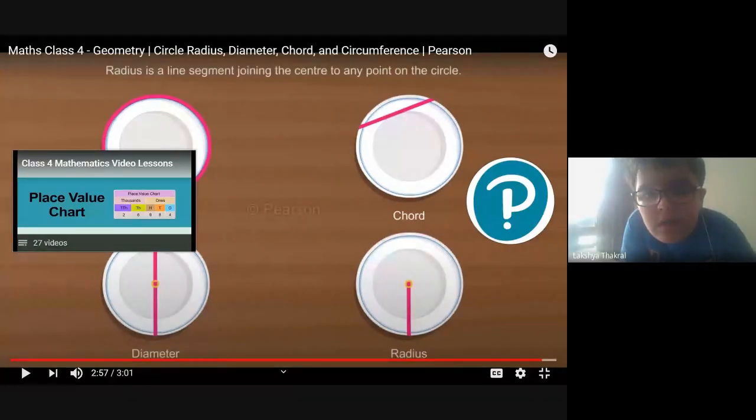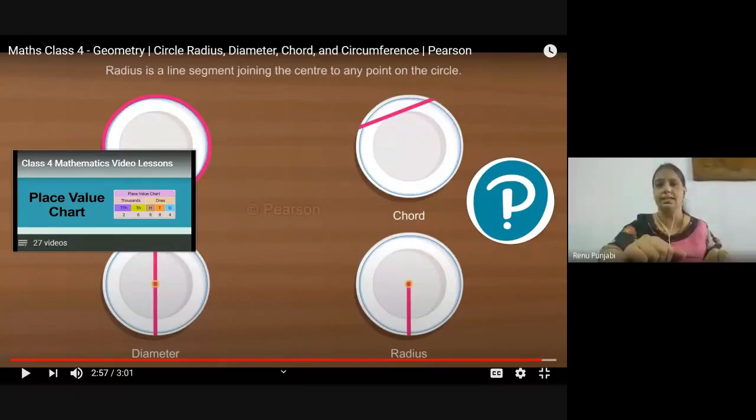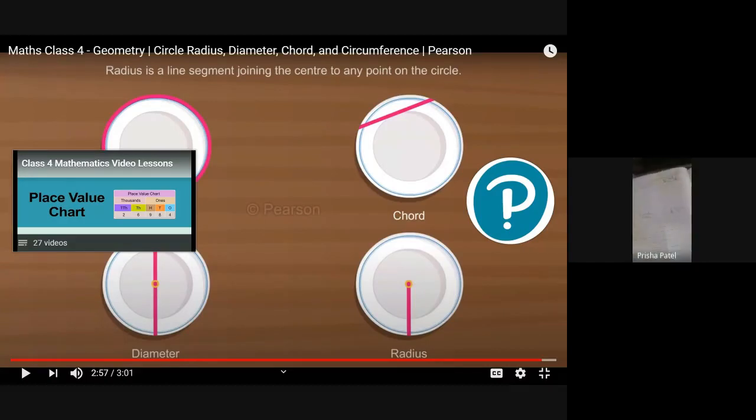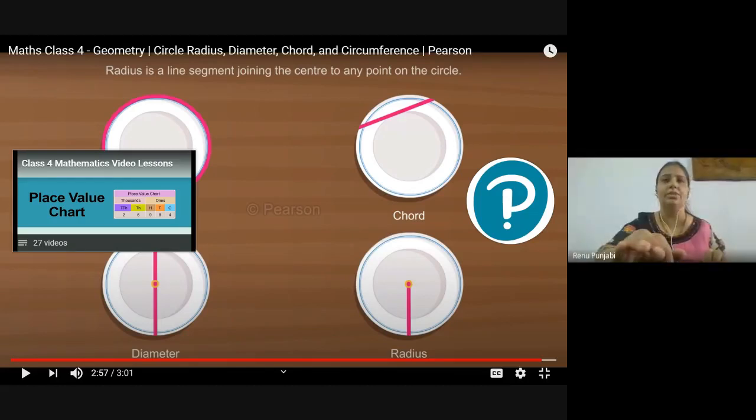Ma'am, I will click the picture and send you. Yes. Everyone has to send me the work. Ma'am, can you see it? Yes. Ma'am, we have to paste the threads in this, or we have to leave it like this. No, leave the thread. Thread, you have to take it. Just for the measurement, we have done this.